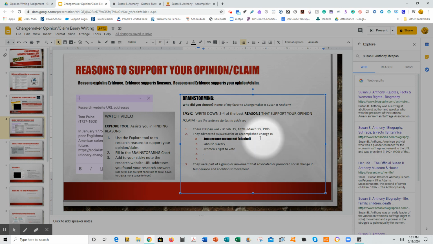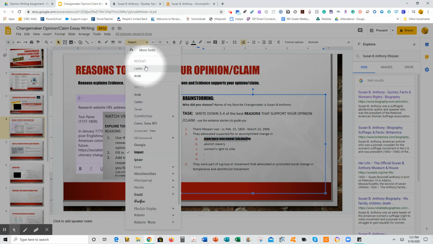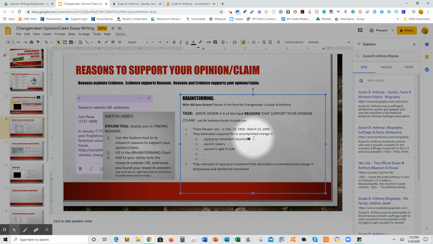Now, this is not consistent, so the typo needs to have everything the same. So I'm going to fix that. And let's see, get rid of that. Okay, so we have the temperance movement, which had to do with alcohol. She believed in abolishment of slavery and women's right to vote.